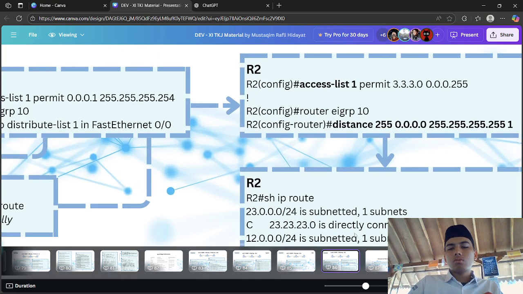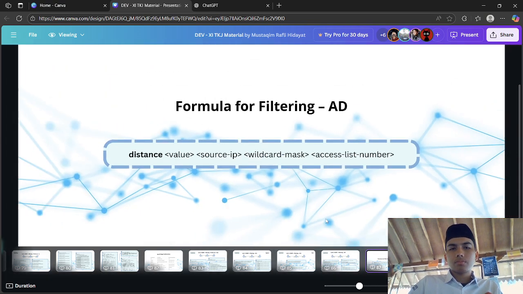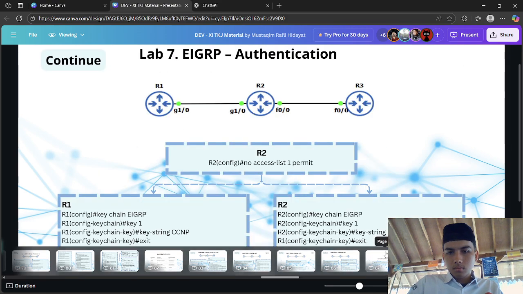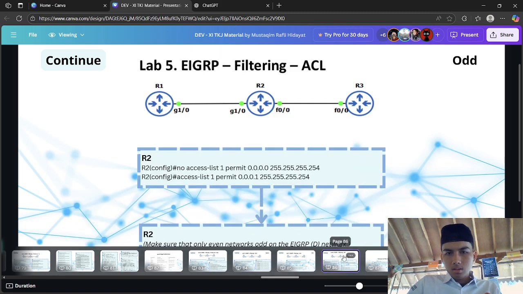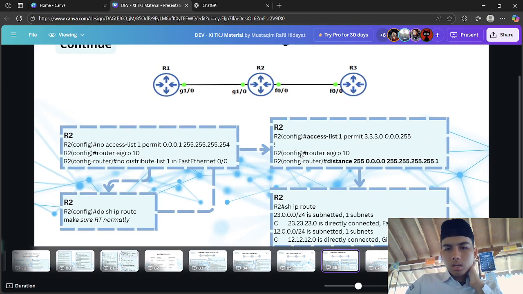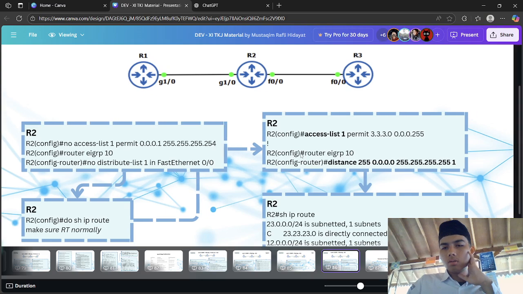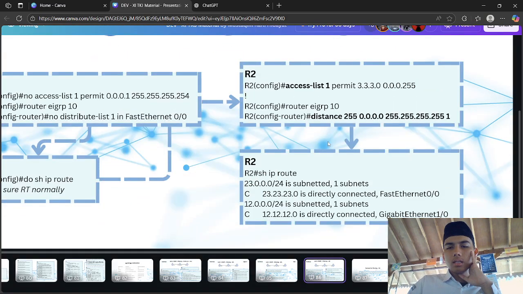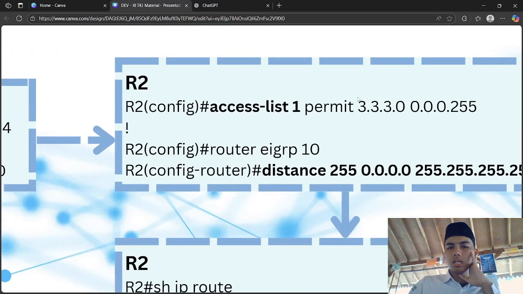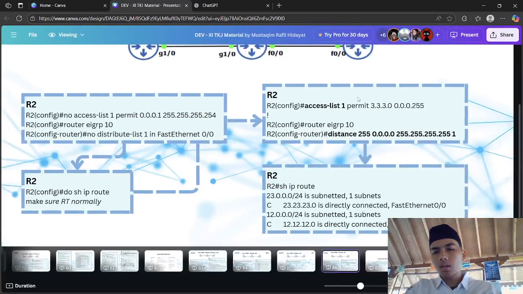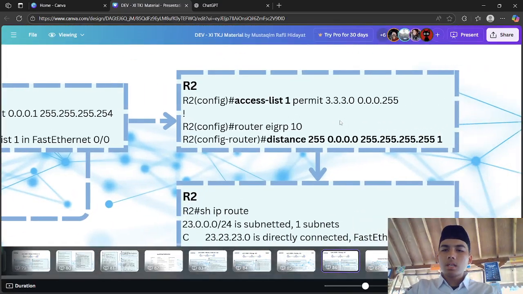Now we are going to use filtering AD, so filtering administrative distance. On router 2, just type access-list 1 permit 3.3.3.0 0.0.0.250, then router EIGRP 10, distance 250.